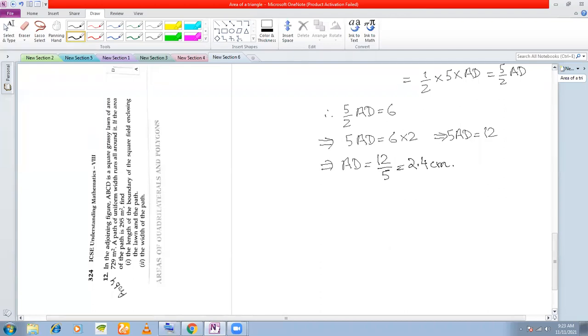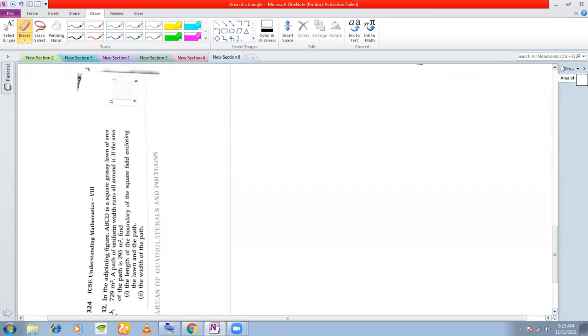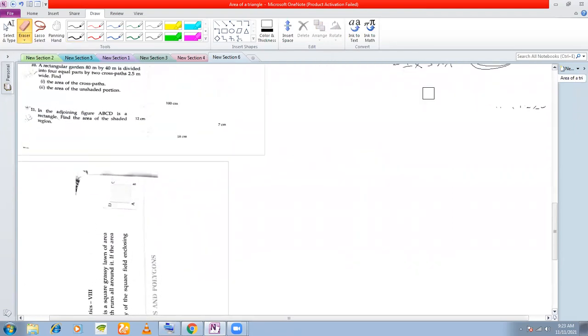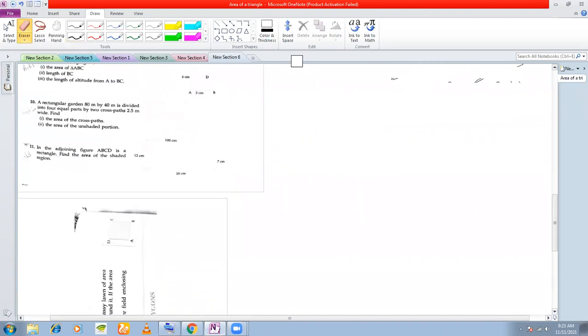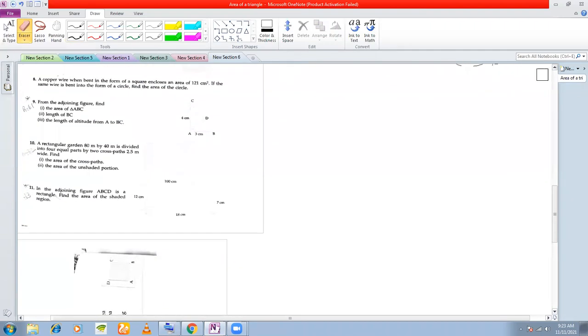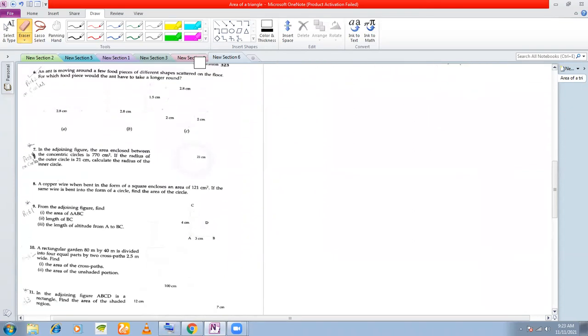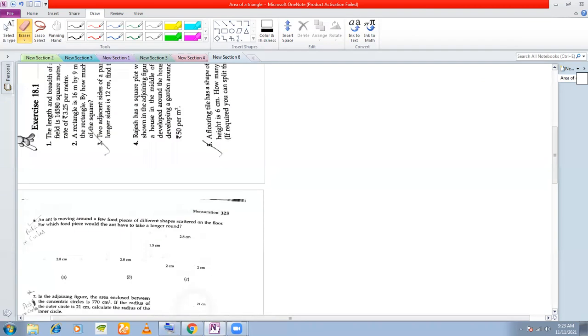Okay. All clear with this or any question? No, sir. Okay. So this was one problem from triangle. This is a very important problem. You can go through this problem. Okay. And now the question is, once I have discussed the area, what do you mean by perimeter of a triangle or perimeter in general? Perimeter is nothing but the length of the boundaries of any figure, not only triangle, but any figure.